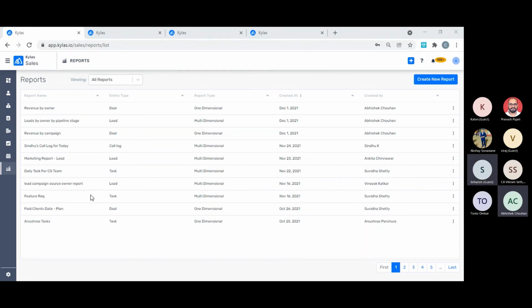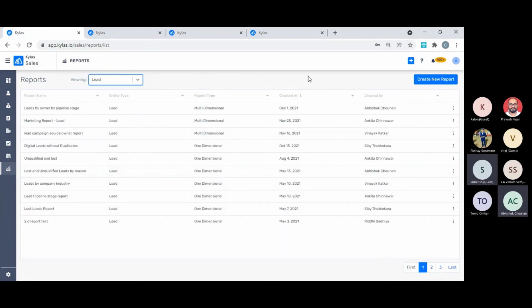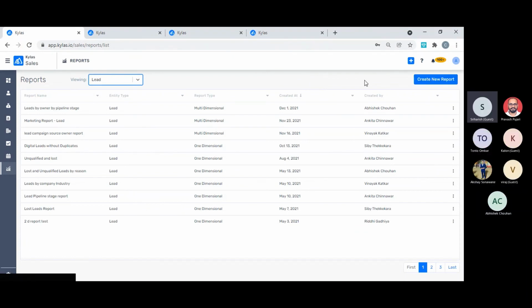Please go ahead. Can we calculate conversion ratios and cost per lead, cost per customer, that kind of stuff? By conversion ratios, we mean the total number of leads created and how many were converted into deals, is it? Absolutely. Considering a month, let's say 500 leads are assigned to an executive, and out of it, 5 are bought. So what is the conversion ratio? Conversion ratio is something like lead to deal, lead to contact, or lead to customer conversion.